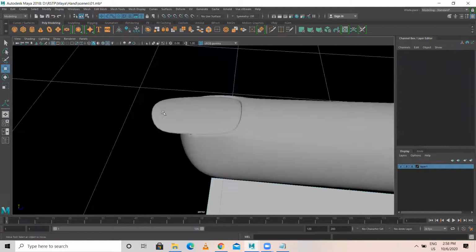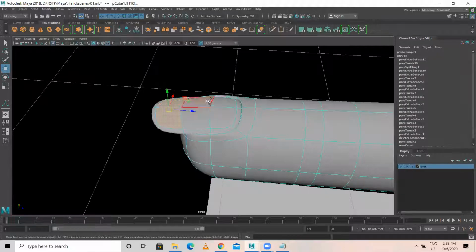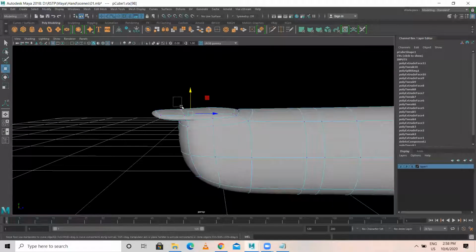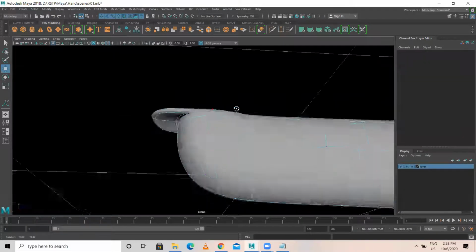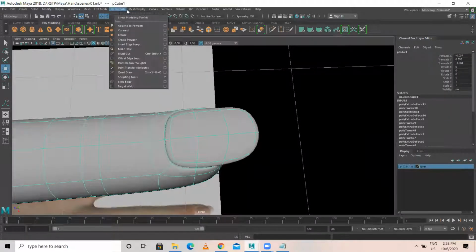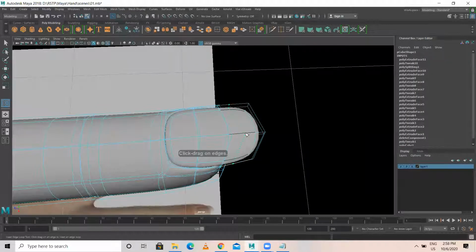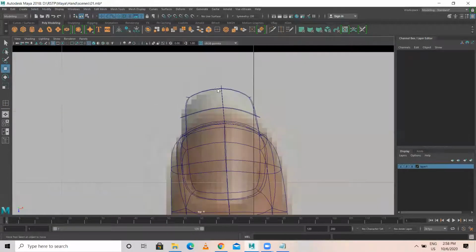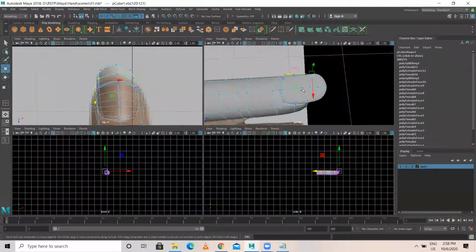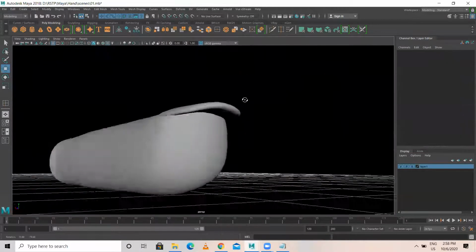This looks something like this, and it's done. You have to give a bit of thickness to this, and it's done. If you want, you can add one more edge loop somewhere over here. This will be something like this. That's okay, it's done.